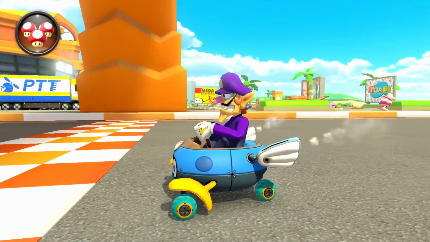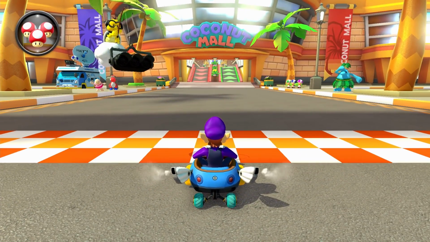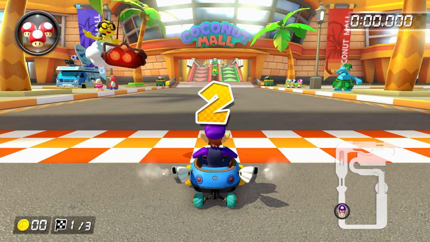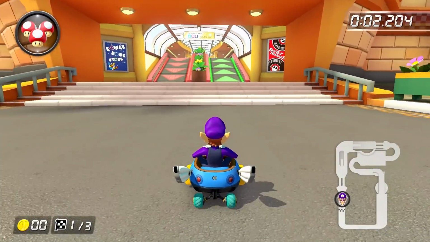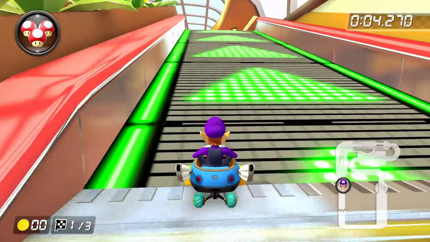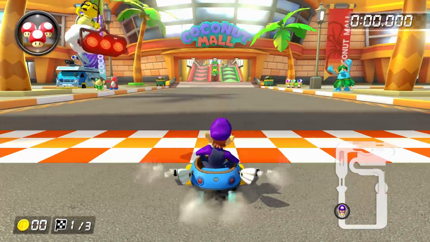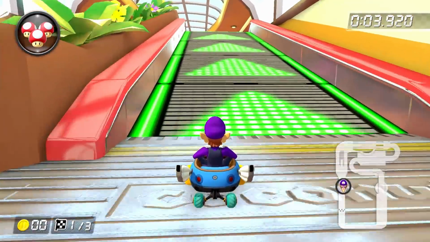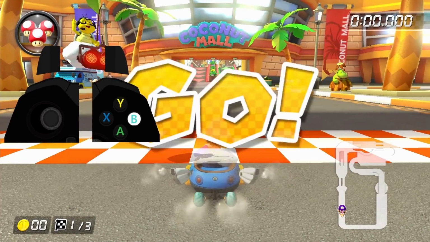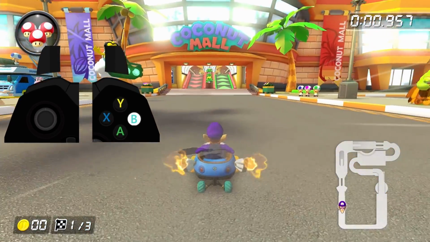We're going to be using our all-around build of Waluigi, Bitty Buggy, Azure Rollers, and Paper Glider for this track, and when the run begins, we want to make sure and veer ever so slightly to the right, because what we're going to do is trick off the stairs. Okay, what we're going to want to do is trick off the stairs and go just to the right